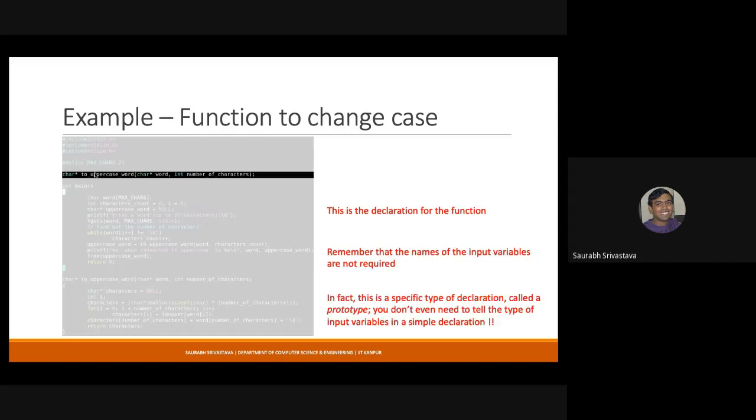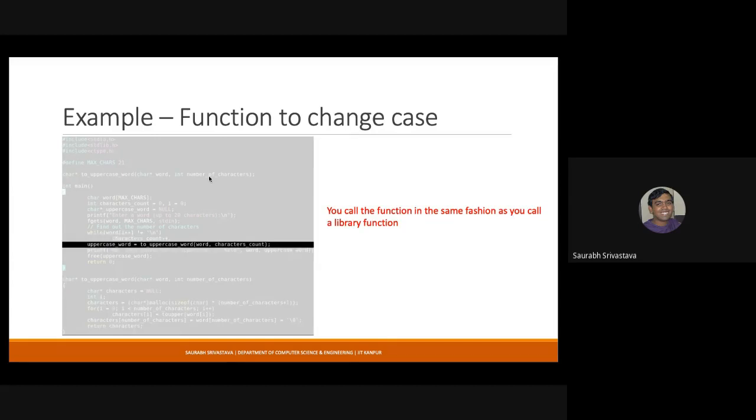And this is the declaration for the same function. Here, everything is optional other than the name of the function. So in theory, I could have simply written to underscore uppercase underscore word and then just the parentheses, and that too is a legal declaration. This particular declaration is also known as a prototype. Usually in a prototype, I don't put the name, and by the way, the name gets ignored anyhow. So the name of the variable is not necessary; it will be ignored, but I can give it. It is actually a good practice to do this. And this is how you call the function: the name of the function, parentheses, the parameters, and a semicolon.